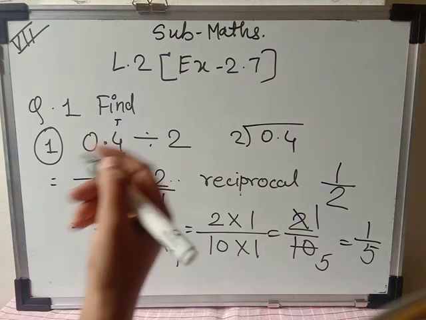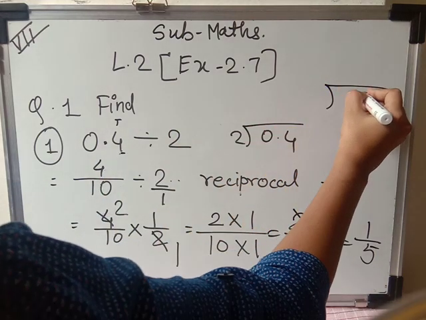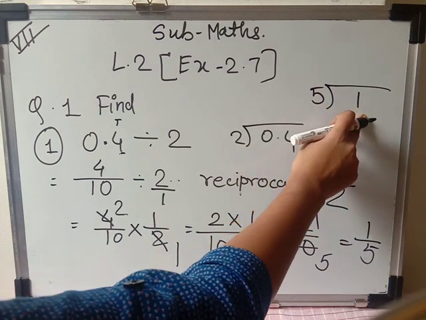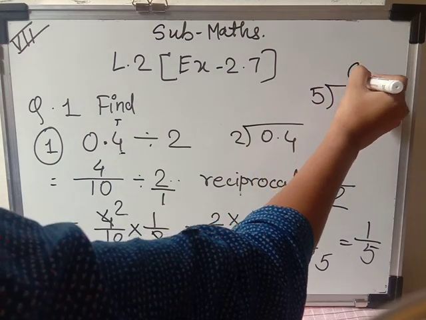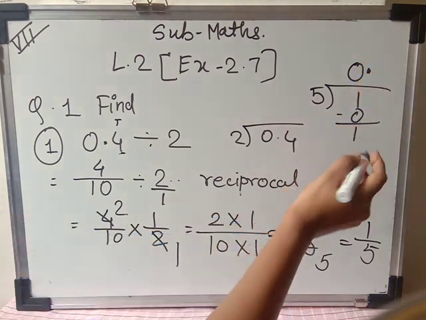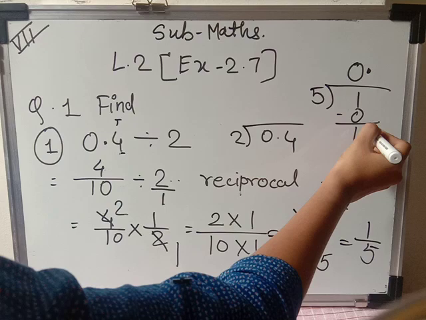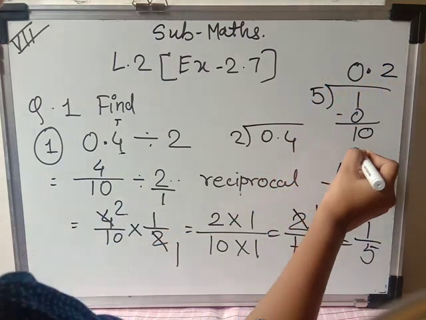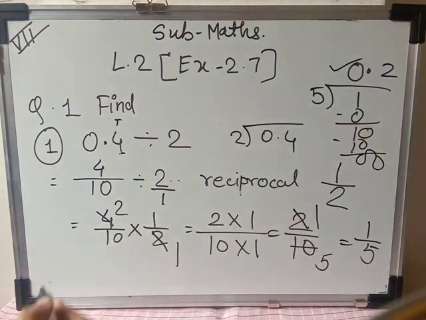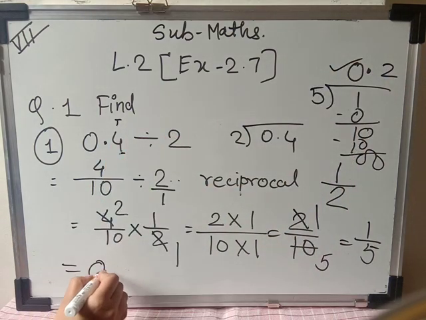So what we have to do, that we have to divide the 1 with the 5. Okay, now 1 we can't divide with the 5 because 1 is less than 5. So here we have to divide with the 0. So 1 will come down, take the decimal, so you can divide the number. So we can take 0. So 5 twos are 10. Okay, so here we got the answer, that is 0.2. So this is the final answer, that is 0.2.